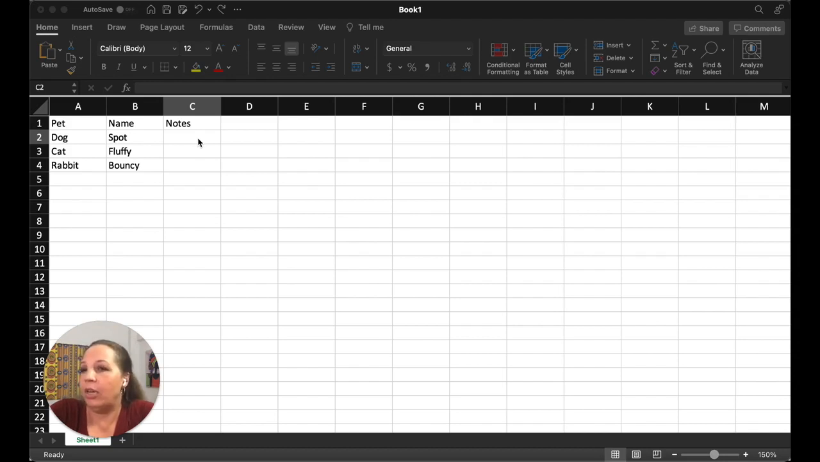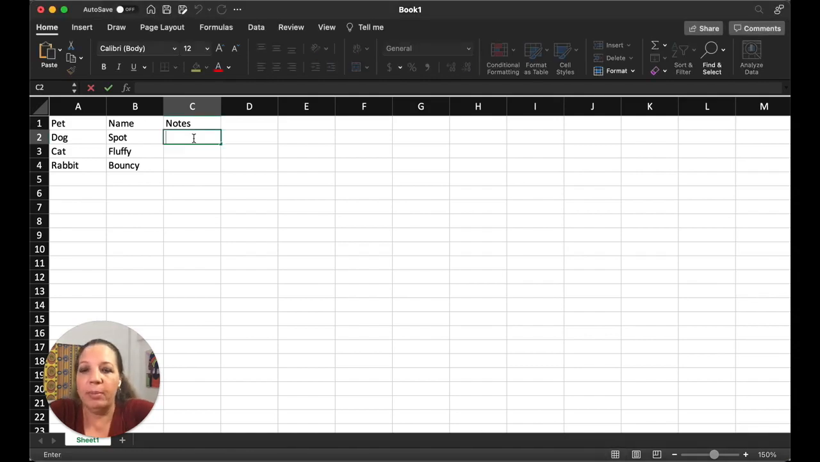So here I am, I'm looking at a couple of pets. I've got a dog named Spot, I have a cat named Fluffy, and I have a rabbit named Bouncy. Now, I happen to be a dog lover, and I'm particularly fond of Spot. He is super, super cute. So I'm going to say exactly that here. Super cute,